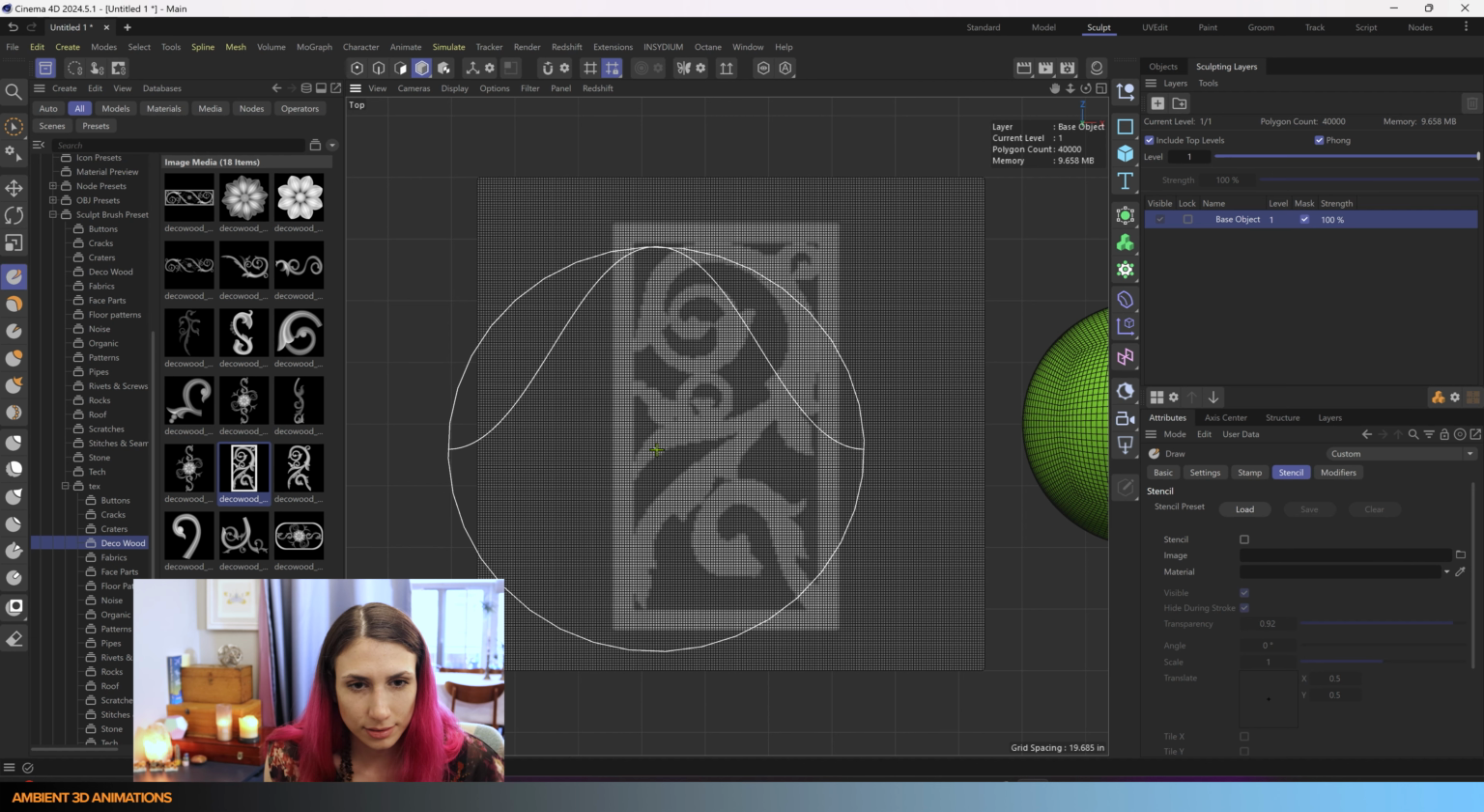In our masking here, I'm going to turn off the stencil for right now, because we're going to use this as an example with the different mask modes. And right now we have the mask cleared. When I draw, it just goes over everything. As you can see here, when I change my mask mode